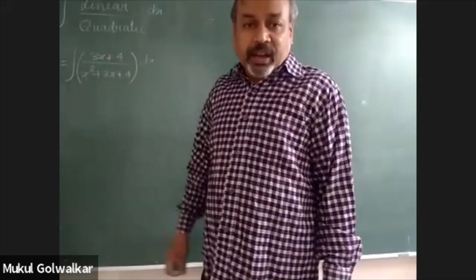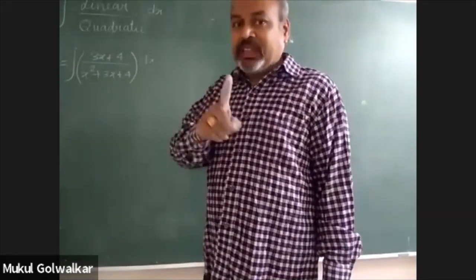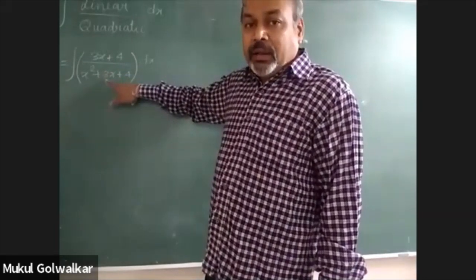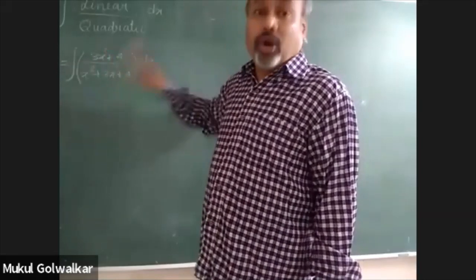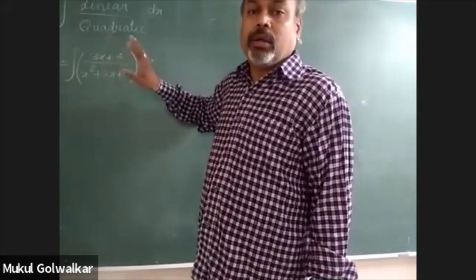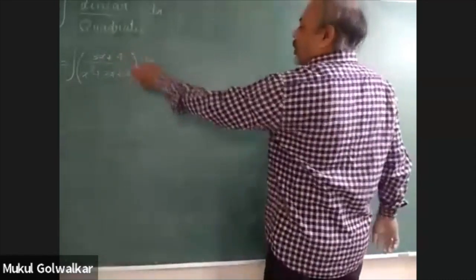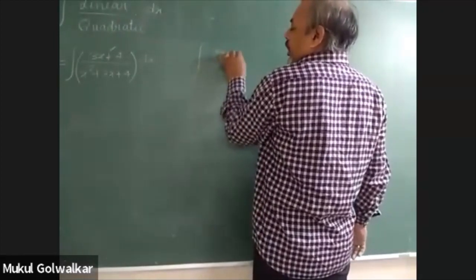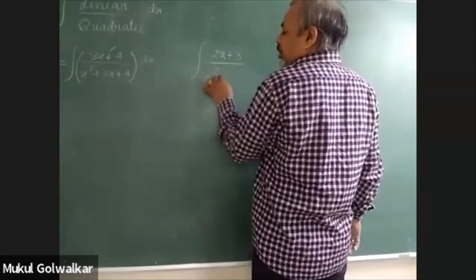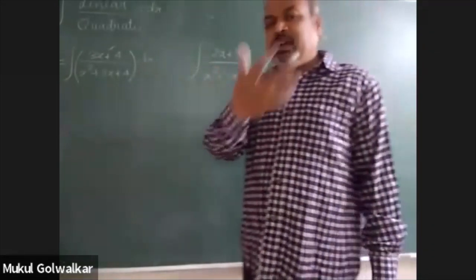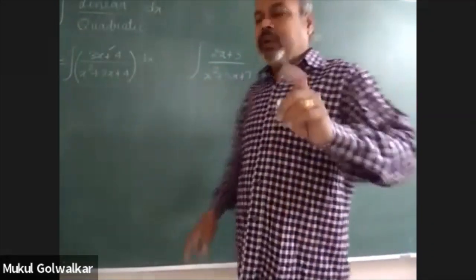So we are required to check one thing. What is that? Whether the derivative of the denominator is the numerator or not. Suppose in place of this linear expression, it had been a question like 2x plus 3 divided by x square plus 3x plus 7. Like this. So the way of solving this question would have been entirely different.